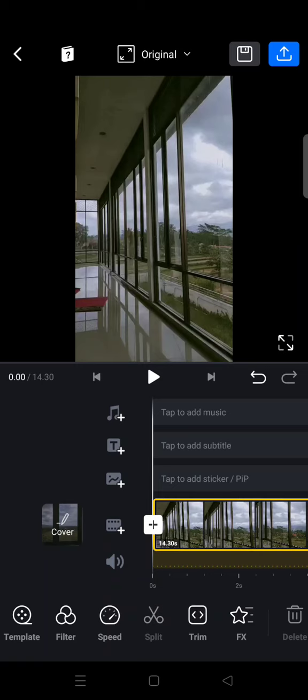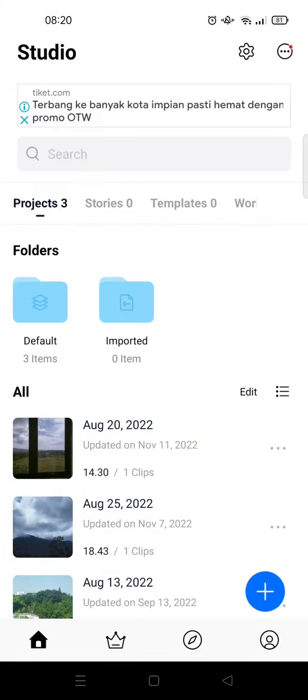On today's video, I'm going to show you how to export video on VN. So let's say that you've already edited your video on VN and you want to export it. It's actually pretty easy. You can just click on the save at the top here and your changes will be